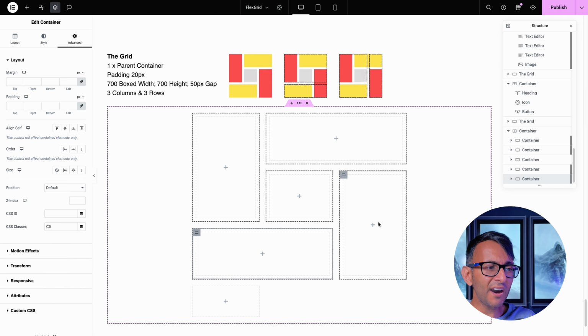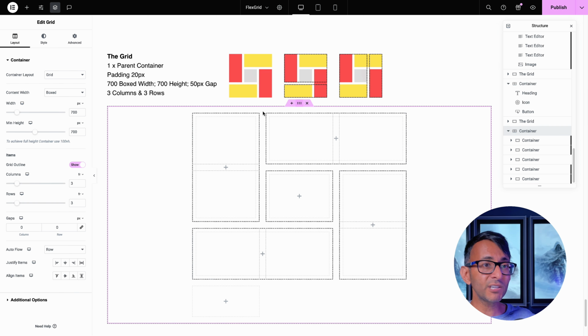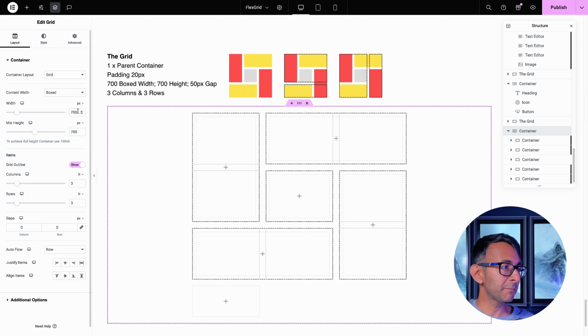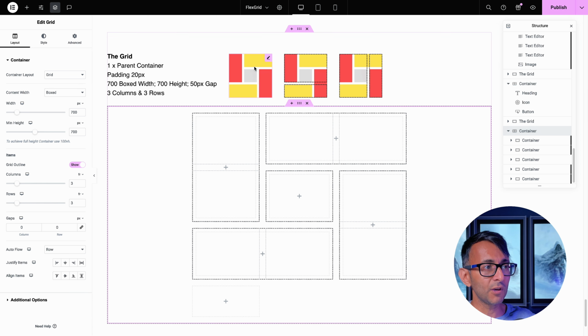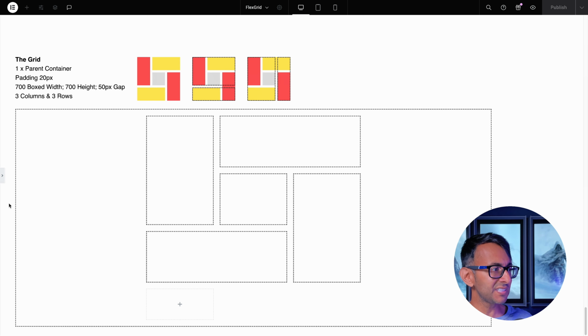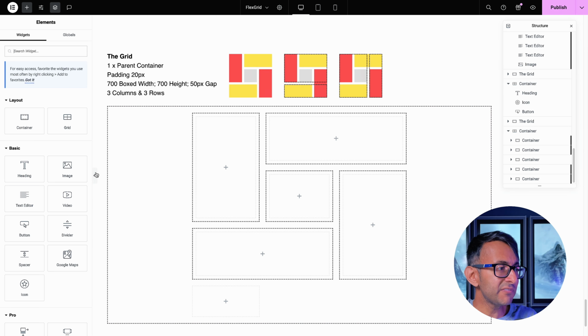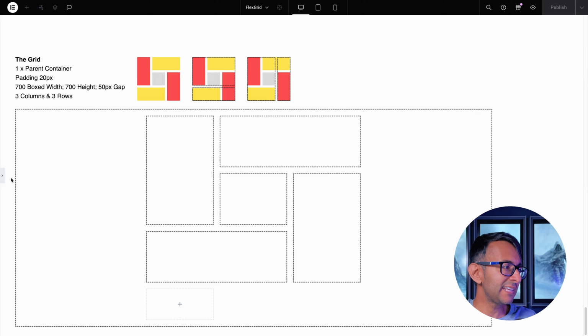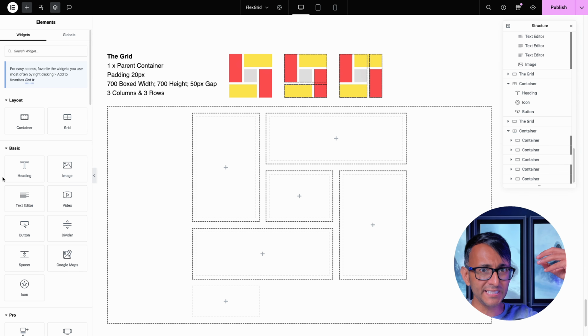Now you're going to say, but the height doesn't look quite right because we've got this empty orphaned container. I mean, we only ever had 5 and we've used up all 5, but this is lingering in this space here. Our parent grid container is set to be 700 width by 700 height because I wanted to have this almost perfect square-like design going on, even though we have rectangles as well. This is orphaned, and if you go to preview, you're still going to see it. But don't worry about that because even though it's still there when you go to preview, and it is going to kind of plague your mind a little bit,